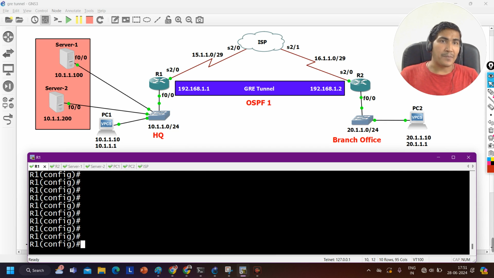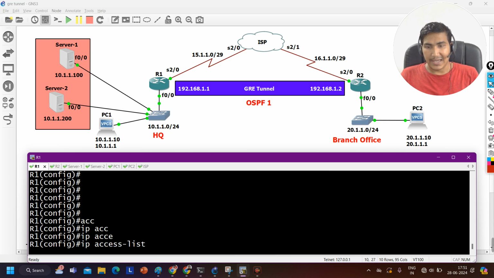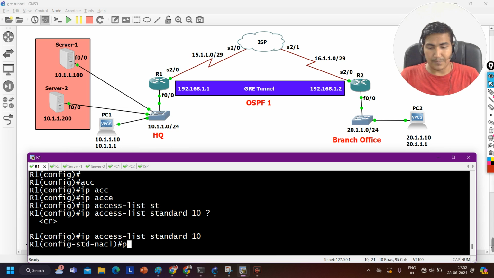First of all, this time I am configuring NAT so that my end users can access the internet, not configuring NAT to make a server accessible from outside users. Getting my point? So I am going to create one access list just to match the private network: IP access-list standard, let's say number 10, and then I am going to say permit